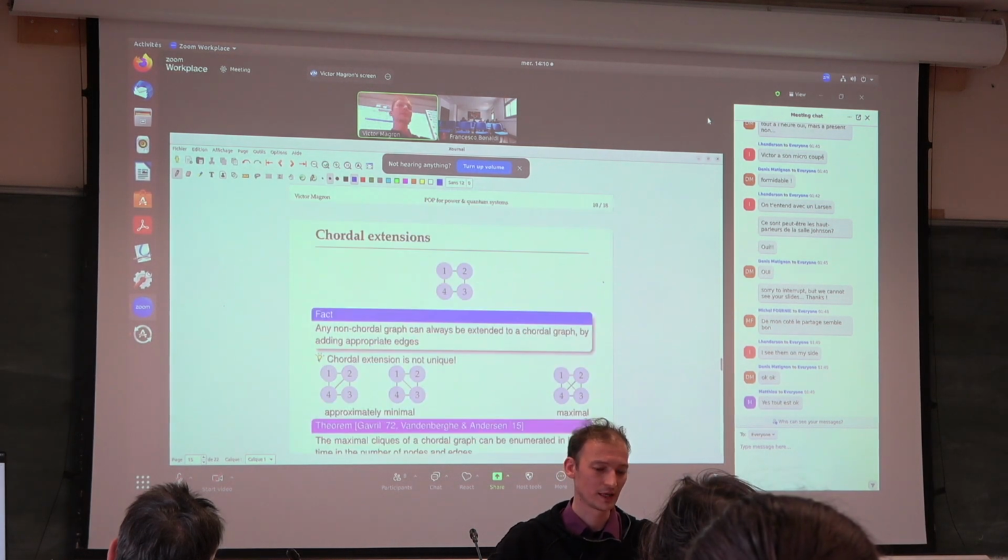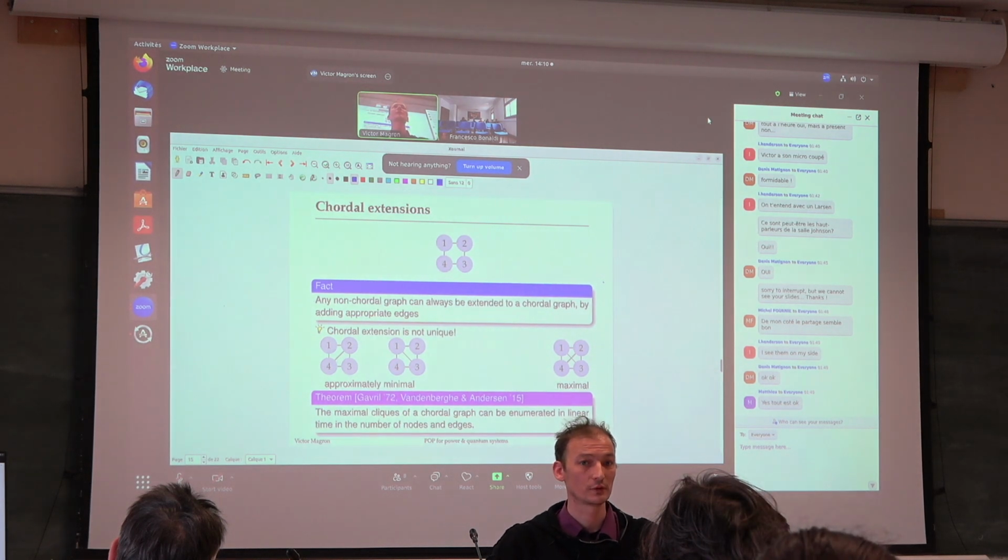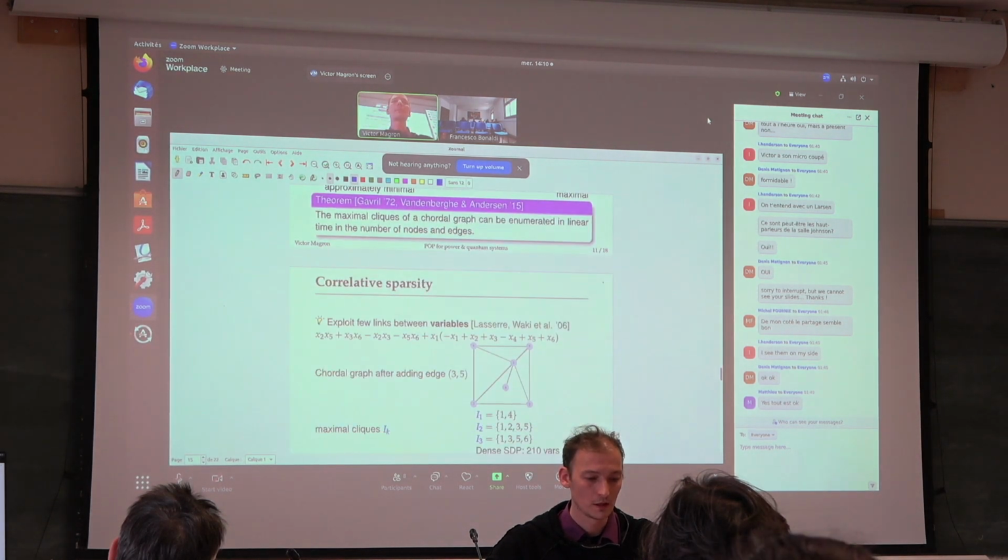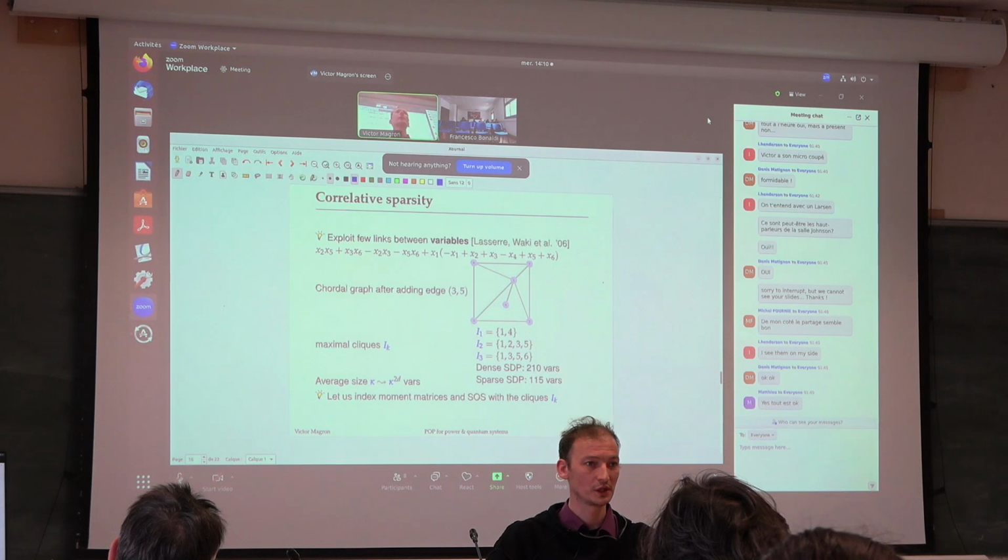And so yeah, this is what I explained here. And so the nice thing with chordal graphs is that you can easily compute the maximal cliques. And we're going to use that, we use that for sparse polynomial problems. And so to draw an analogy,